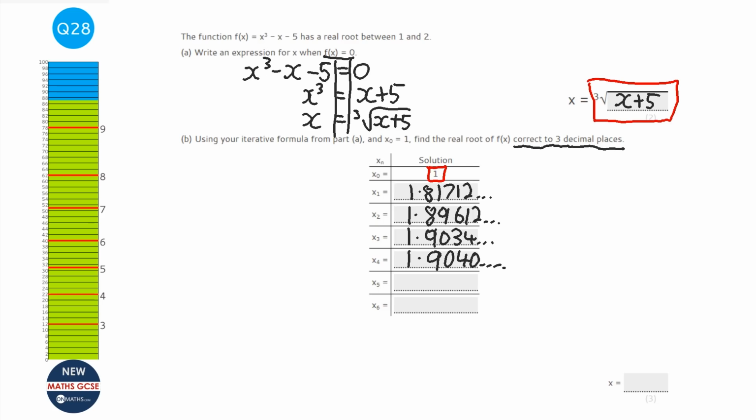Now we're looking for 3 decimal places, so the numbers we're looking for being the same are these ones here. Now, we've almost got them the same, but we're not quite there, so we need to do another one. So cube root, answer plus 5, and we've got